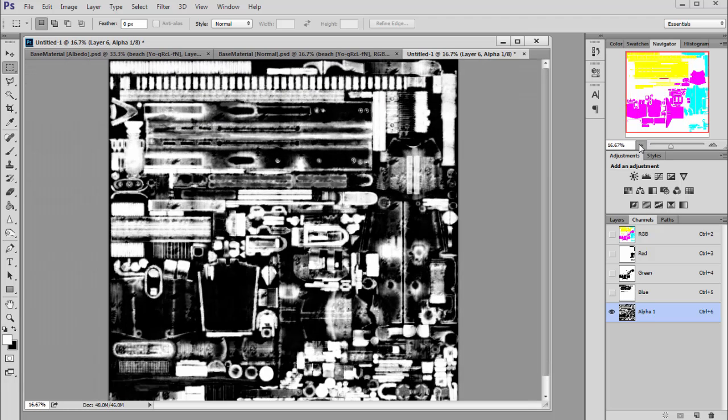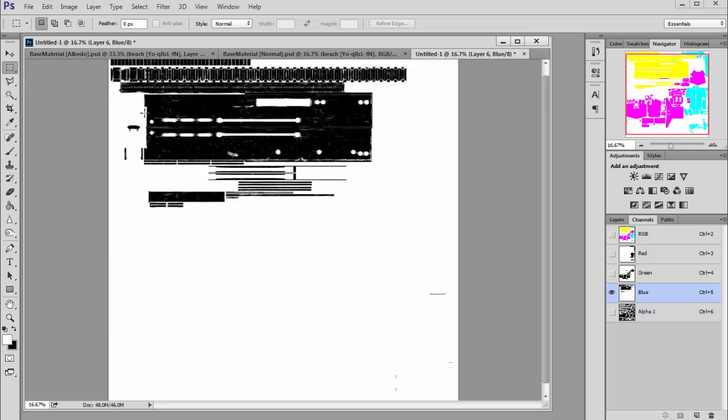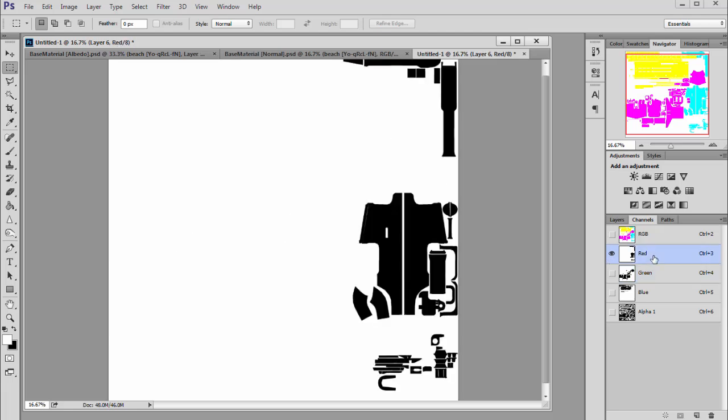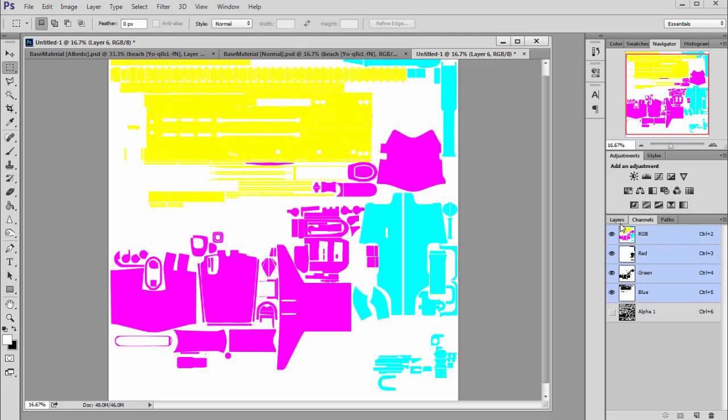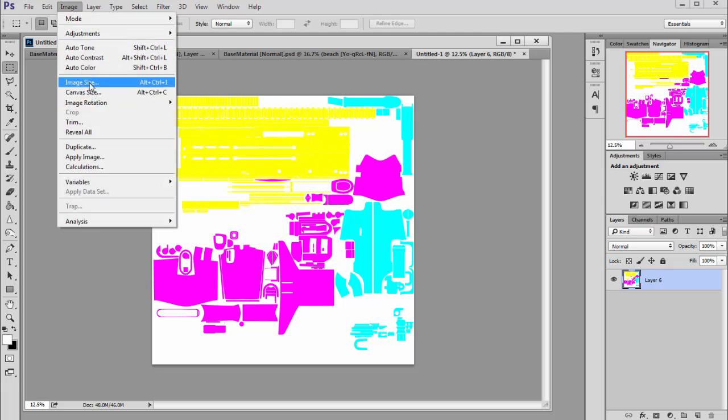So this will be our file for masks. We have a mask for the dirt, a mask for this top part of the weapon, and a mask for the other parts of the weapon. So RGB might look weird, but it's totally fine. Let's scale this down,